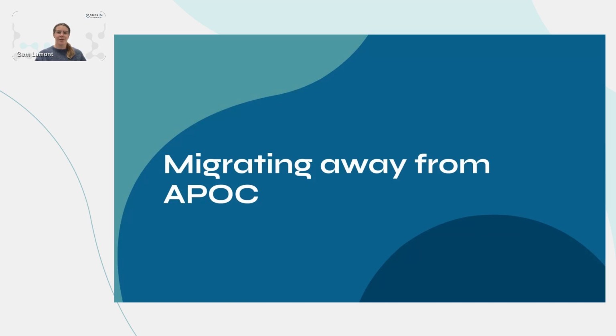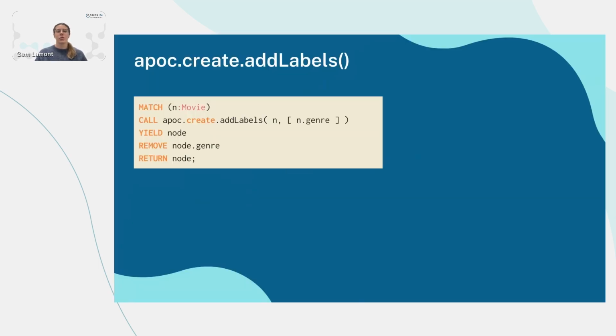Great. And then the final thing I wanted to talk about was APOC. I think there's a talk today on APOC as well, if you want to hear a bit more about it. But APOC is one of our popular plugins that we use. It stands for Awesome Procedures on Cypher. And a lot of the time, if you wanted to use dynamic labels and types, you were forced to use APOC instead of pure Cypher. So I'll walk you through a couple of examples of how you can now rewrite these procedures